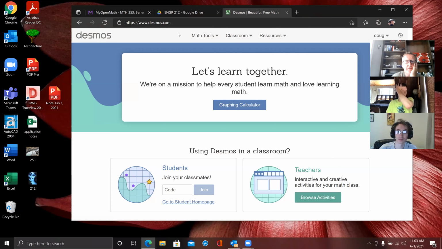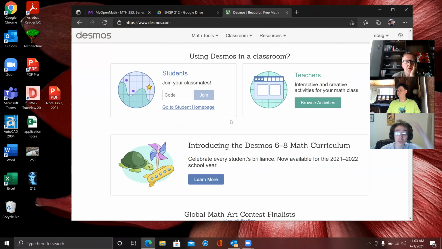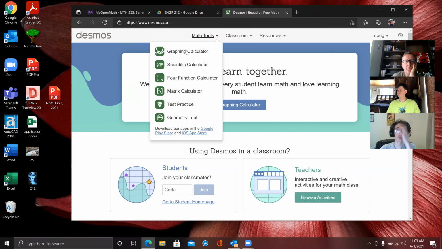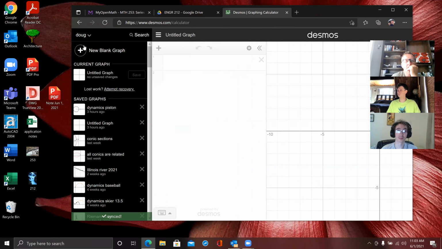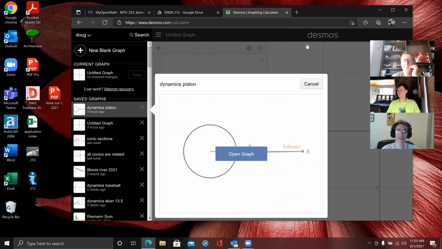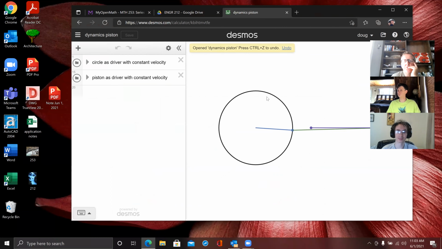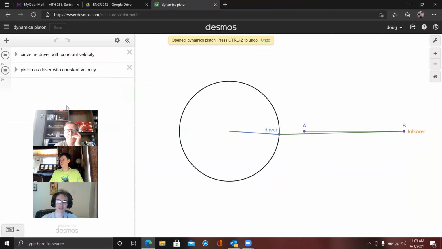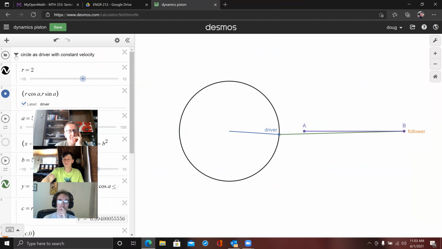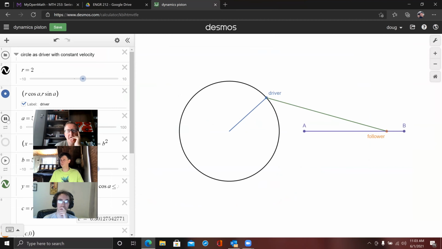Let's see, this is some new interface for Desmos here. Where's all my stuff? There we go. So watch this thing. This is something I made in Desmos. I mentioned to you guys we were going to start studying the concept of how a piston worked, but